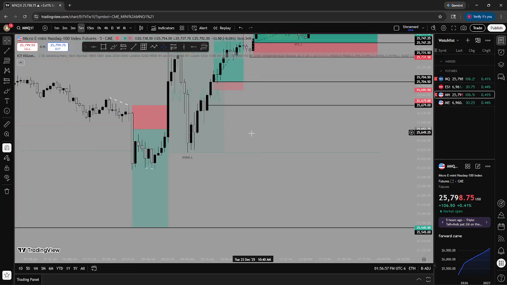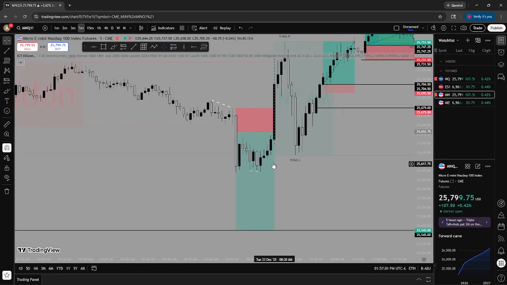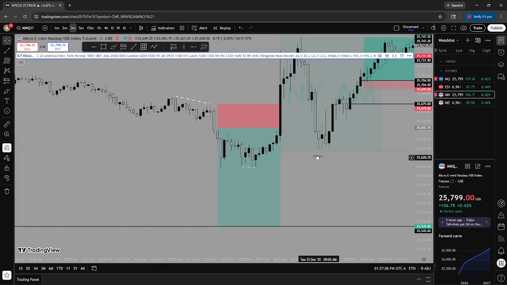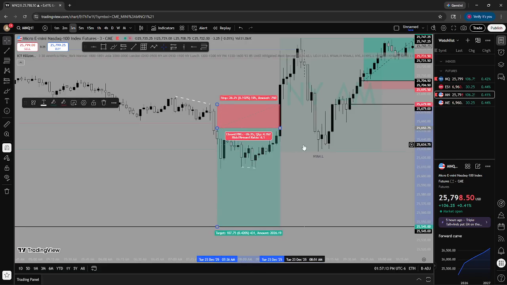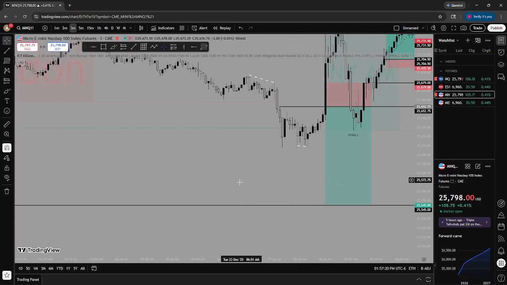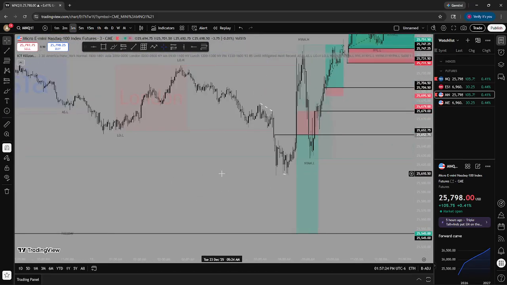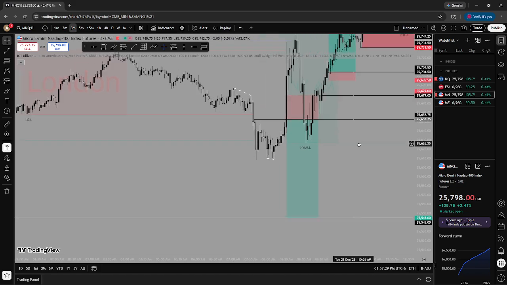Then I dropped down to the 3-minute time frame. There was this fair value gap right here, so I set my entry to that. I targeted New York PM lows from way back, not the previous day, but like 2 days before. And I set my stop loss at the high right before that fair value gap.